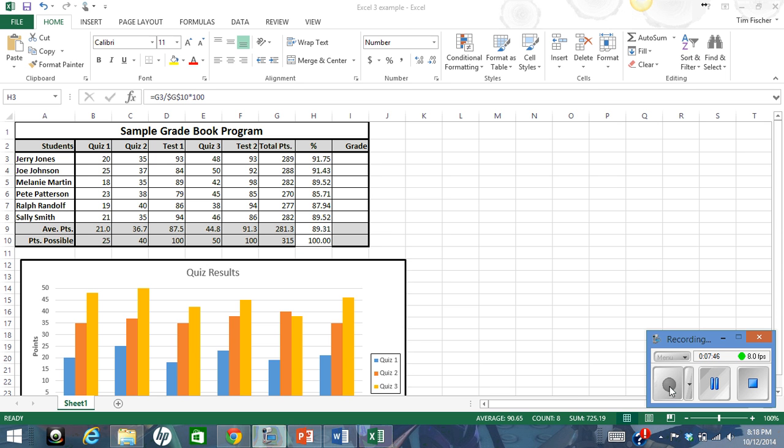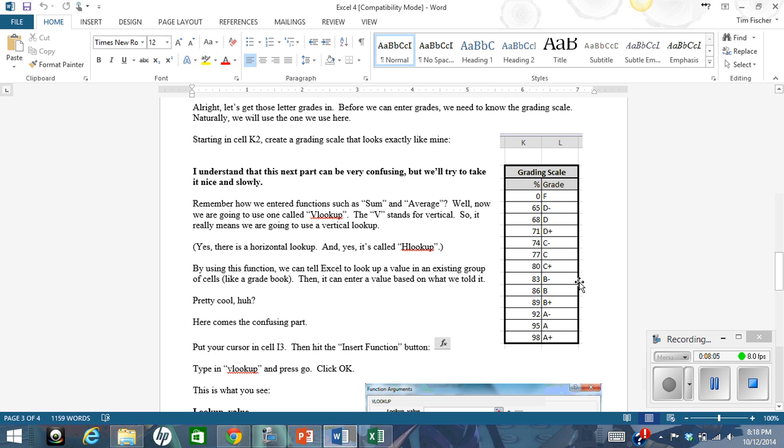All right, then to finish up part one of this, you do have to make a couple changes. Obviously, we got a little bit of an error right here when it comes to how our table looks. So you have to go back and change some of the formatting there to make it match everything else. So that's a quick fix there. And then if you have the paper in front of you, you see a grading scale just like this. And so you're going to start in K2 and L2, and you're going to create this grading scale, make it match exactly like it does on the paper or as you're seeing it on the screen,